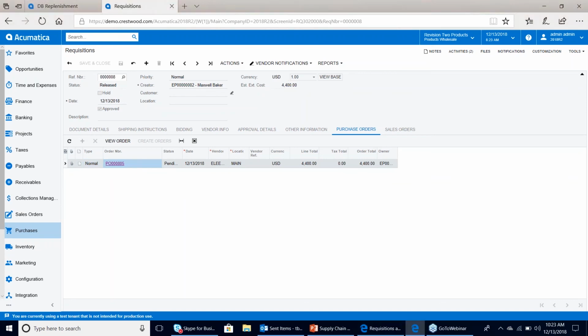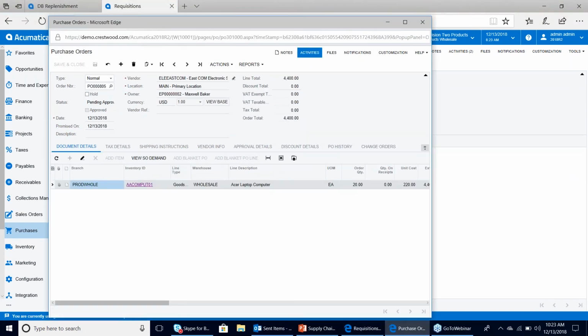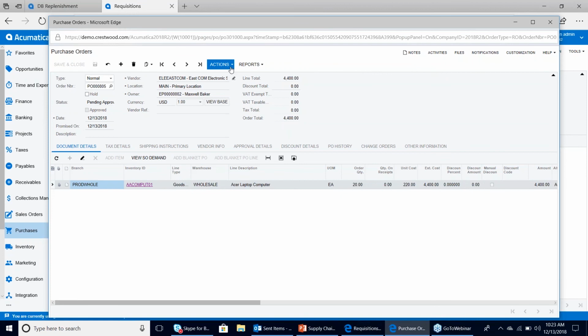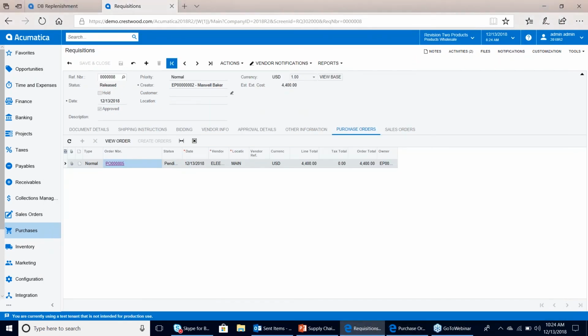So go ahead, open up that purchase order. And this is a lot of basics, yes, standard purchase order functionality. So we're in the purchase order. We got a pending approval status. I'm the administrator. I'm just going to go ahead and push this through, approve that purchase order. And what I want to also note